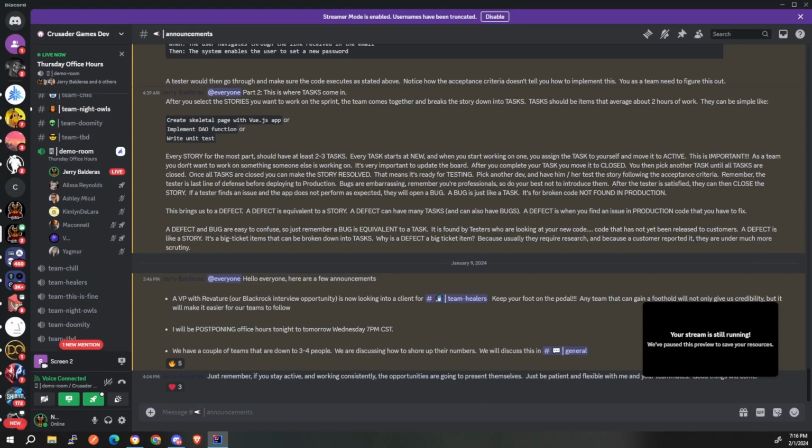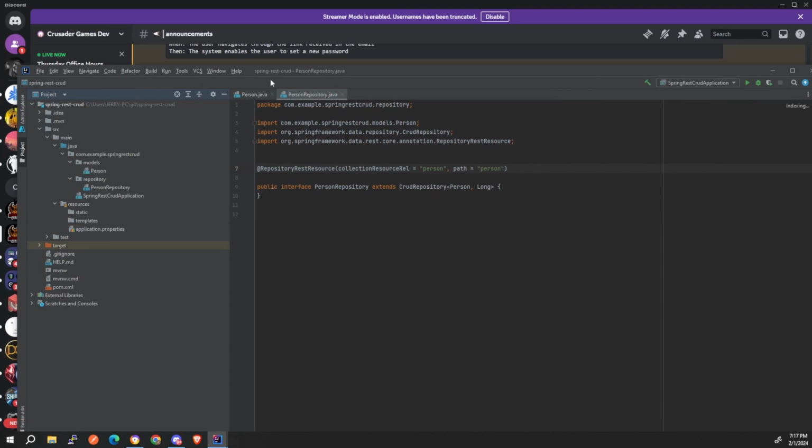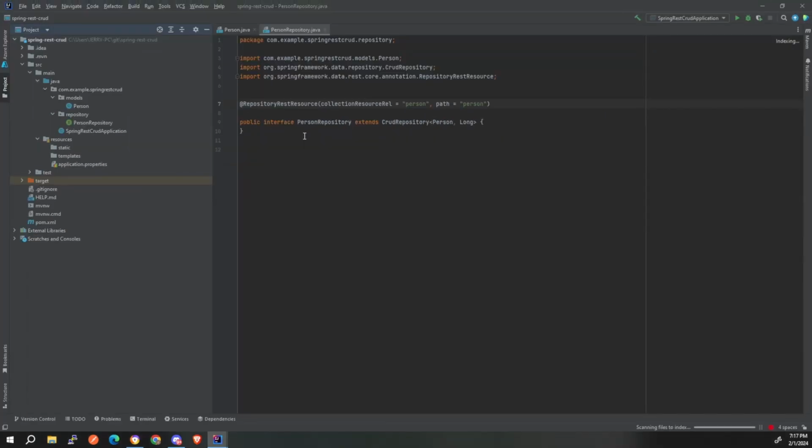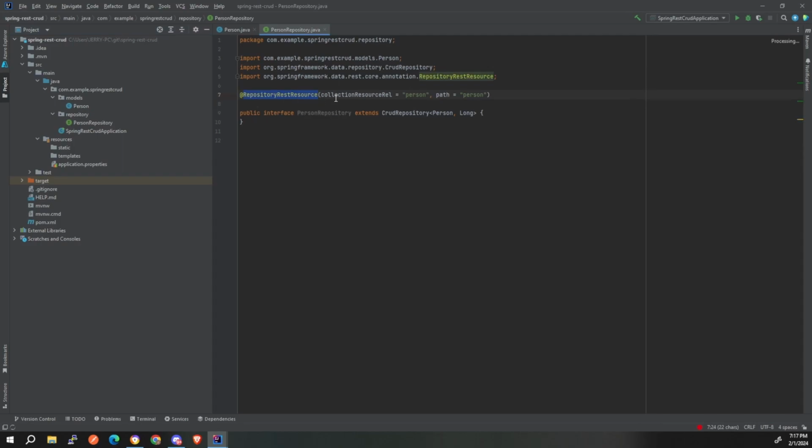First we're going to continue where we left off on Tuesday, which was REST API. But I finally figured out what that command was to run a Spring CRUD, and we're going to do that real quick. So let's take a look at that. I created the Spring REST CRUD in the last video, and here's the annotation that you needed: @RepositoryRestResource, collectionResourceRel